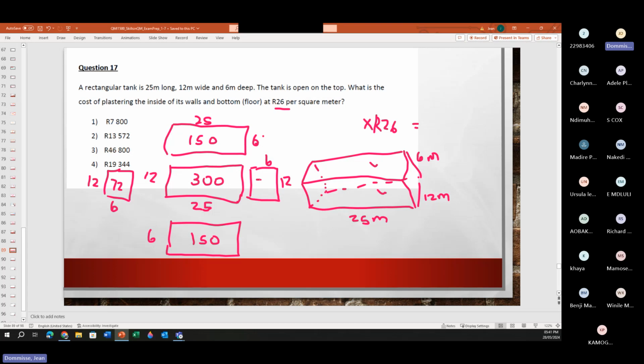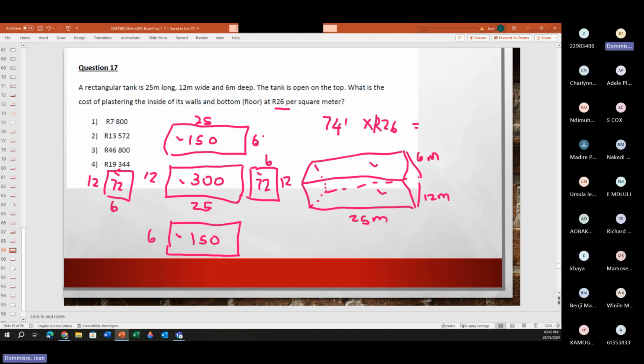This side is also 72. So the total area is 150 plus 300 plus 150 plus 72 plus 72. That gives us